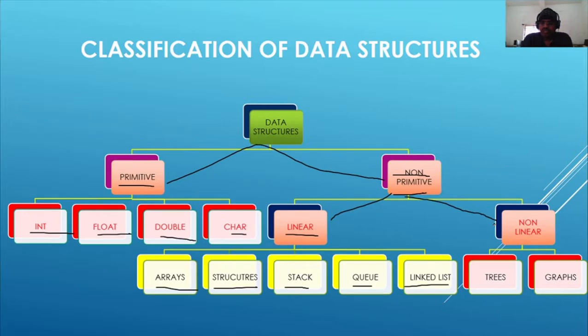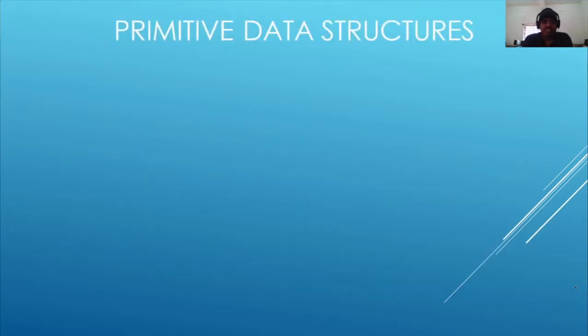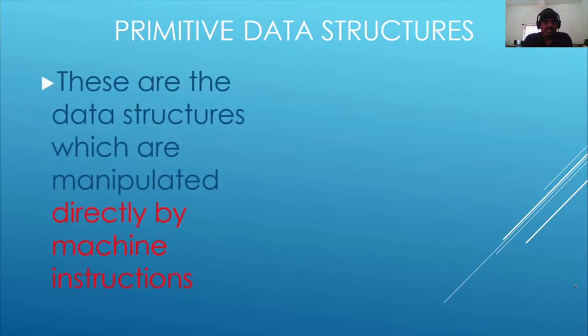Further, in non-primitive non-linear data structures, we have two types: one is trees, another one is graphs. We are going to deal with this classification of data structures in the future slides. Primitive data structures are the data structures which are manipulated directly by machine instructions.